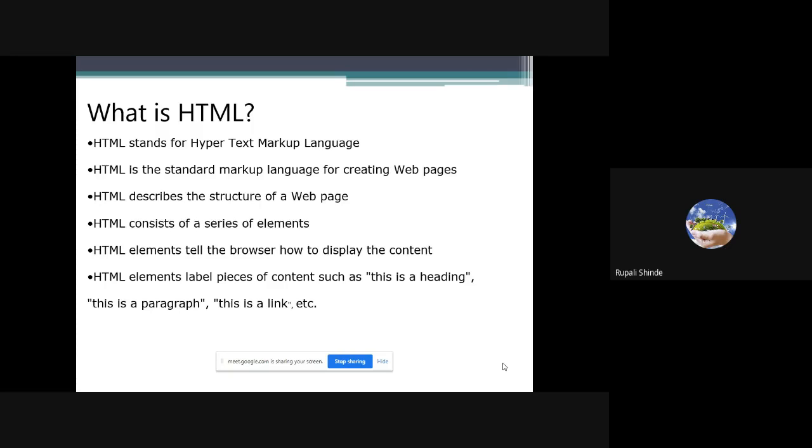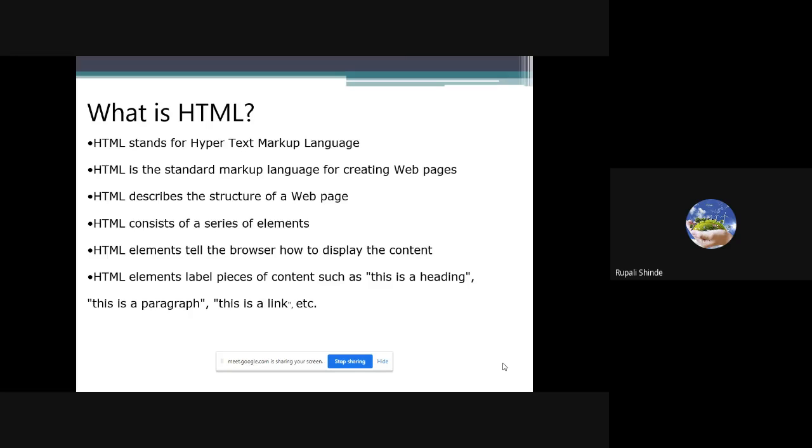Then HTML elements label pieces of the content, such as this is a heading, this is a paragraph, this is a link, etc. So we are going to see all these, paragraph, heading, what is meant by link, all these terms or elements next. So it will be more clear to you what is meant by heading.